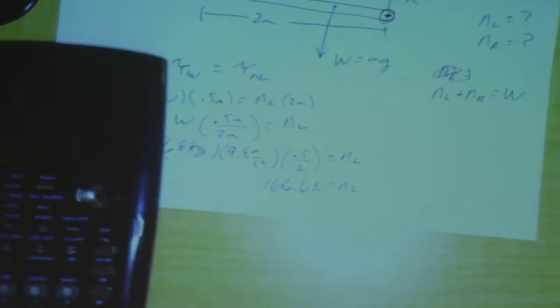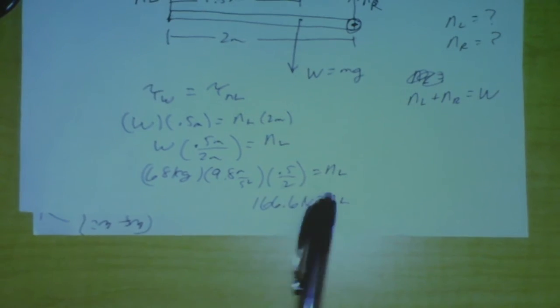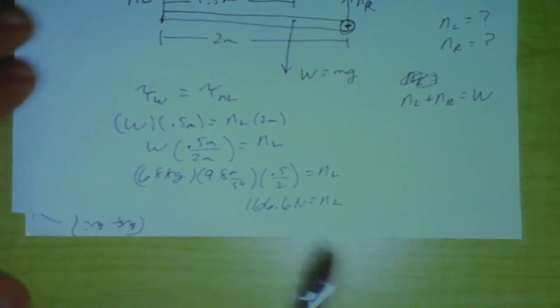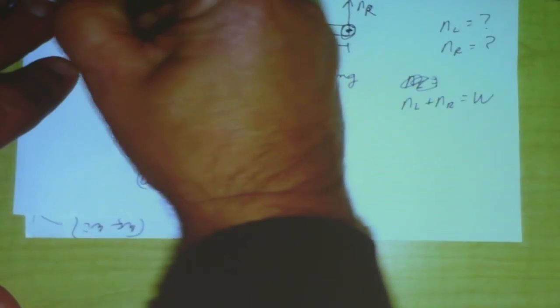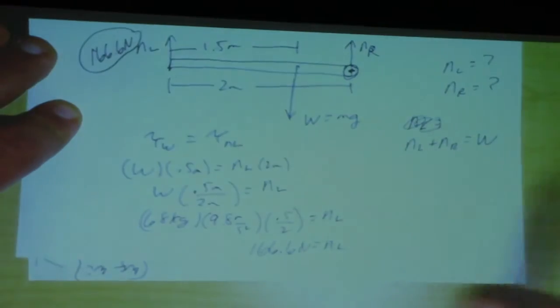So that's what normal left has to be, 166.6. Once you have normal left, you can go back to the force way of doing it if you want to figure out normal right. Let me write this on the picture here. 166.6. Okay, and then normal right